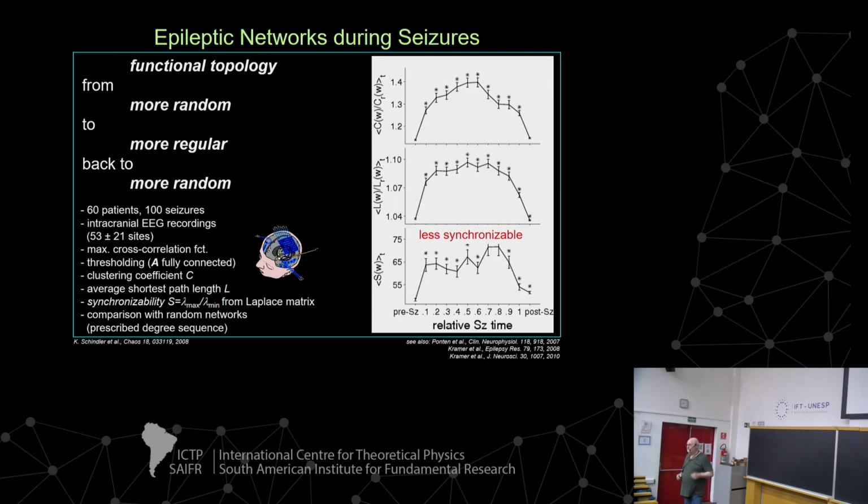What's going on during seizures? What you see is that there's always this concave-like motion. This is data from 60 subjects, 100 seizures, and the functional topology of these networks goes from a more random to a more regular and back to a more random one. That could probably reflect the synchronized states that you reach there, and then you ask how stable is this synchronized state, and you use, for example, synchronizability, and you see that it becomes less synchronizable during the seizure,